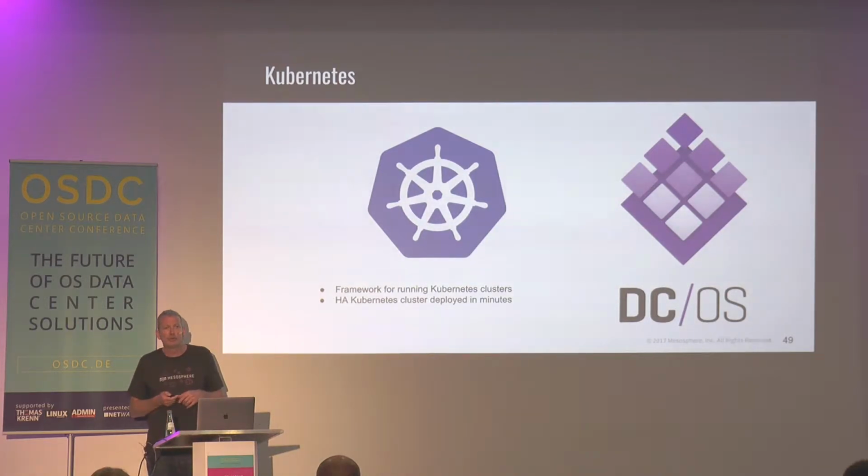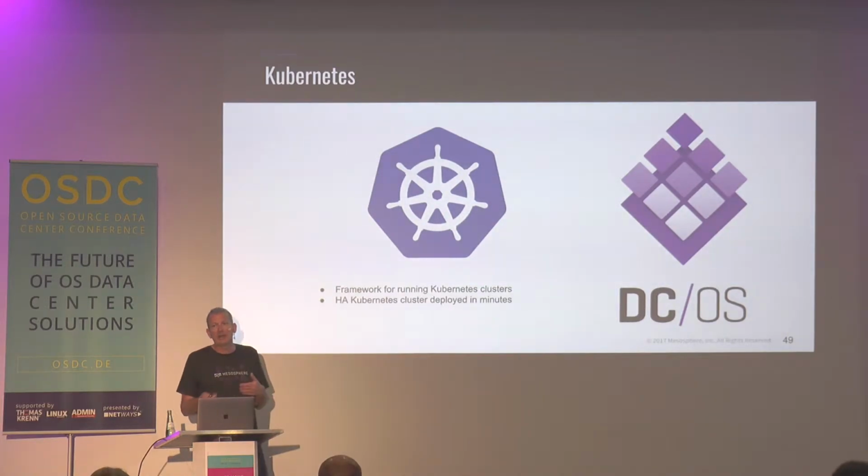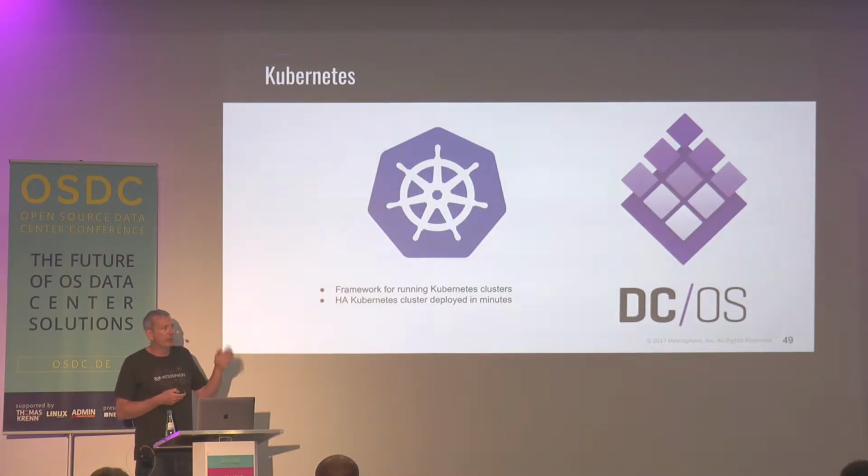It's unmodified upstream Kubernetes, so I think we're aiming to be something like 2 weeks behind each of the Kubernetes releases in terms of upgrading the framework. And there are no extra patches or anything, it's completely unmodified. So you interact with Kubernetes on DCOS exactly as you would interact with Kubernetes anywhere. kubectl and all that kind of stuff is exactly the same. We expose the API endpoints directly.